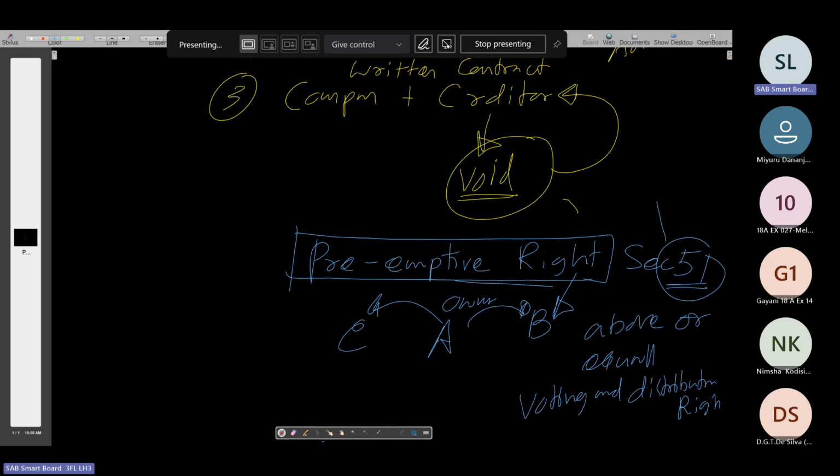Reduction means redemption or repurchase. Under redemption, we can identify 3, and under repurchase we can identify 2 ways, right? So thereafter,